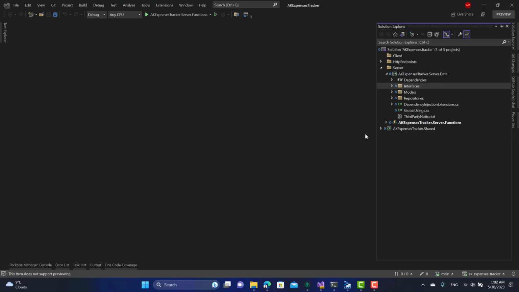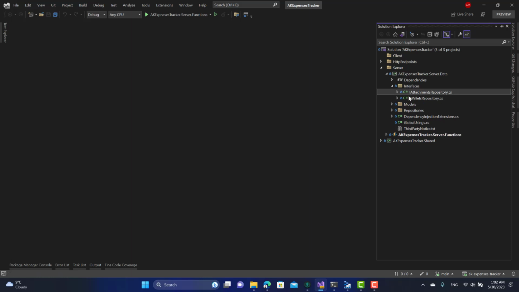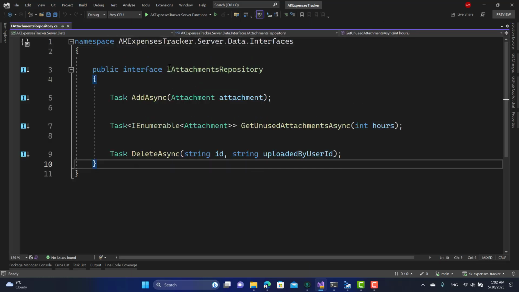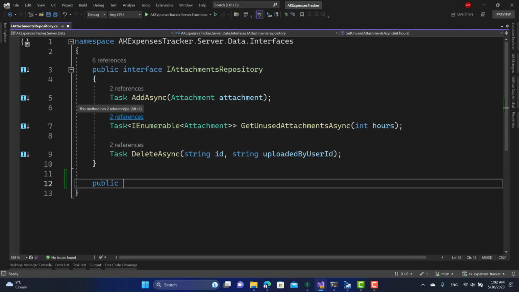Hello and welcome back. After creating the transaction model, right now we are going to create the interface and the repository of the Cosmos DB to interact with the transactions container in our Azure Cosmos DB. So this is going to be a very simple, repeated process of what we have done in the previous repository. So we'll create just a simple interface,